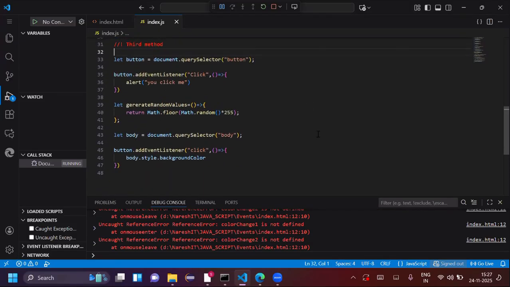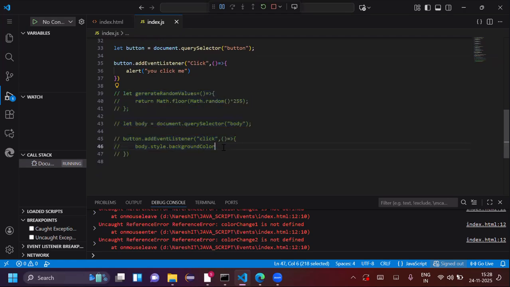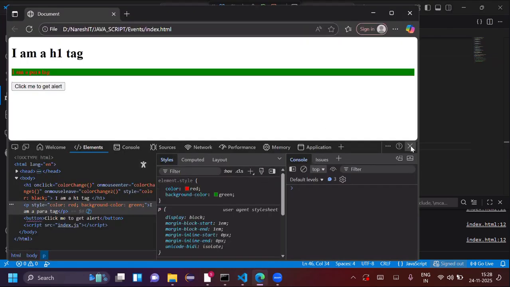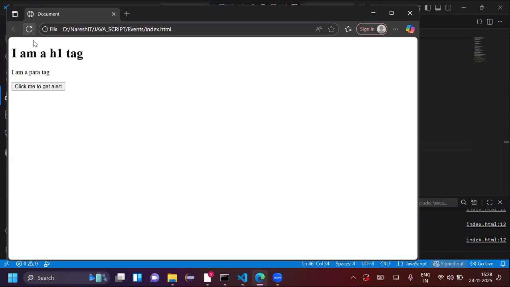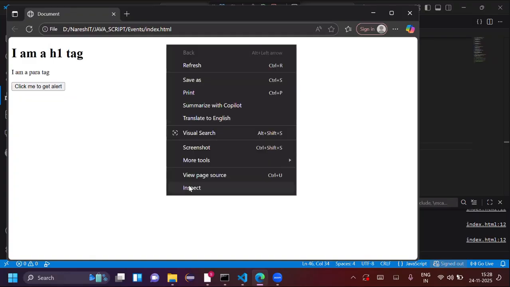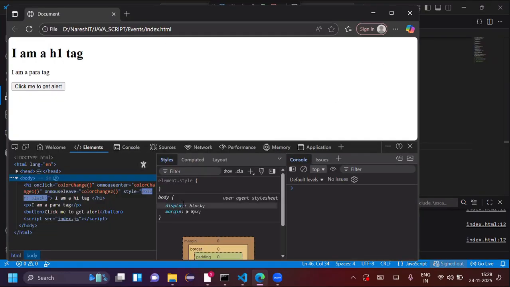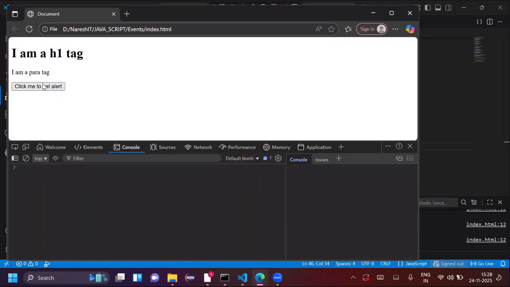Okay, commented the last 39th to 48th line, everything. Now you can check, go there, refresh, click the button, open the inspect, console, click on the button now,